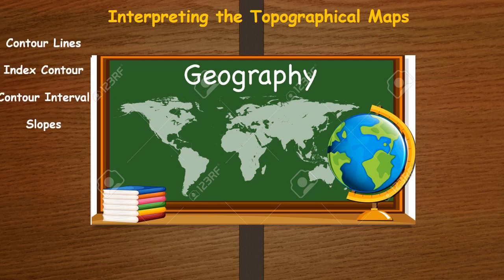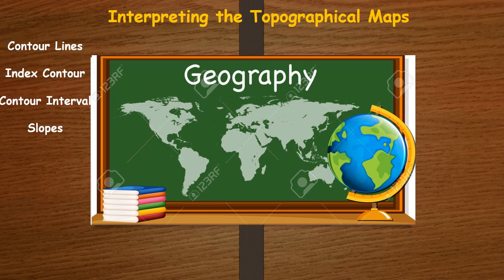You have already learnt about the contour lines, which is the main feature of the topographical map, which is always shown in brown color. A contour line is an imaginary line that connects all points having the same height above mean sea level. Every fifth dark or bold contour line is known as the index contour. Then the distance between two contours is also known as the vertical interval or contour interval.